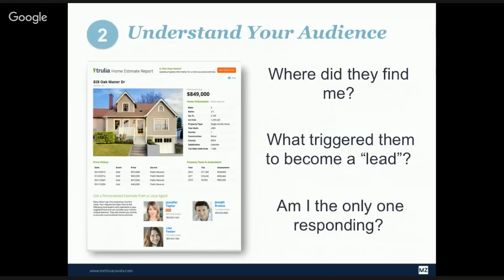So in that specific example, which is the one I gave before, we were not the only ones responding. When Referral Exchange sent us the link asking, do you want this lead? I accepted it. So did 14 other people. So there was like a real free-for-all for that listing lead, and we were not quick enough because I was in that meeting. But where did they find me? Am I the only one responding? If I am the only one responding, I have a little more time. But if I am not the only one responding, then I've got to be super fast.